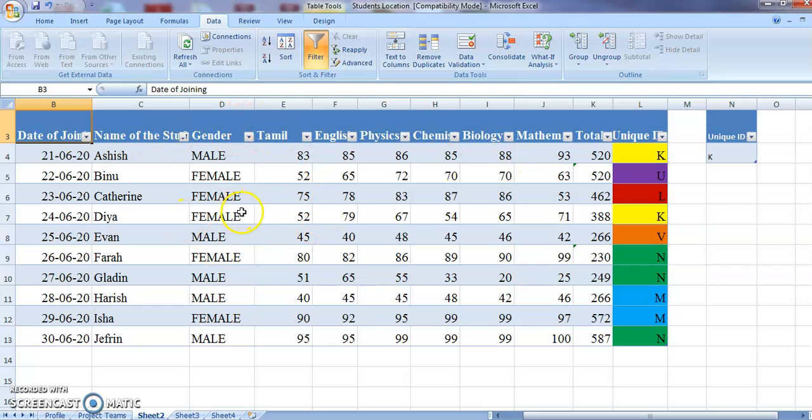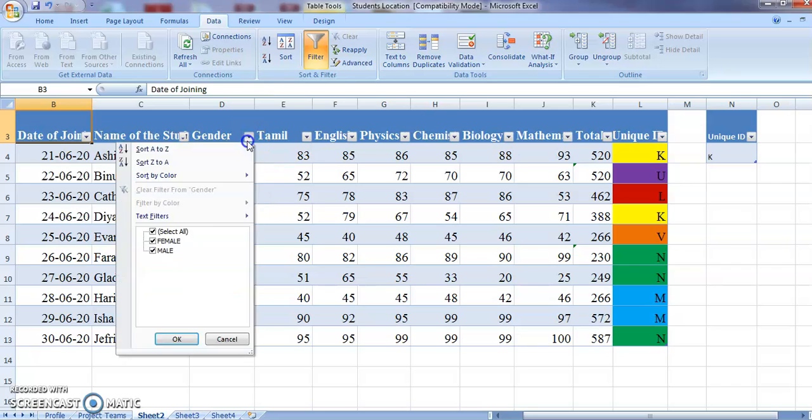If I want only the female candidates and not the male candidates in my worksheet. If you are going for sort, both male and female will be there, and maybe you can highlight the female, that alone is possible. But in filter, you will not find any candidates who belong to the gender male. You will see only the female candidates' records. Now, we will see how it can be done.